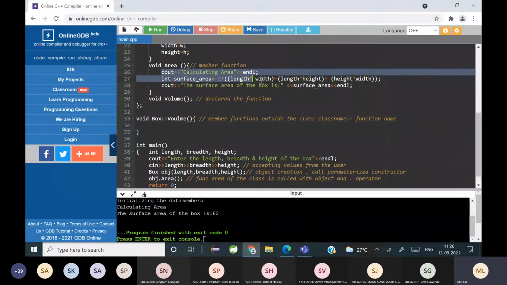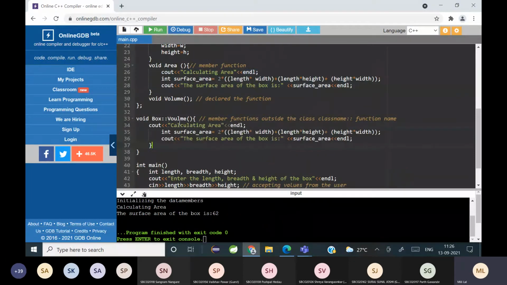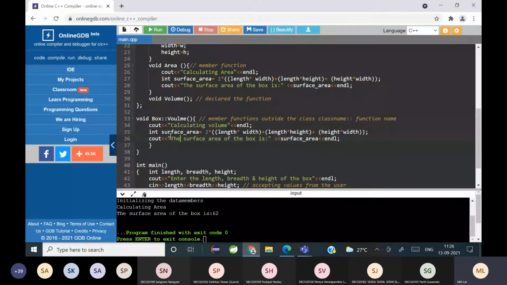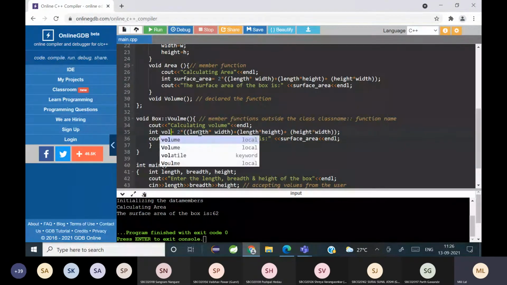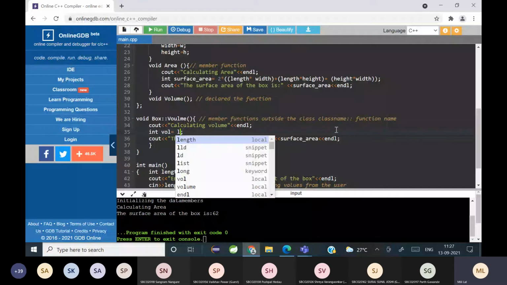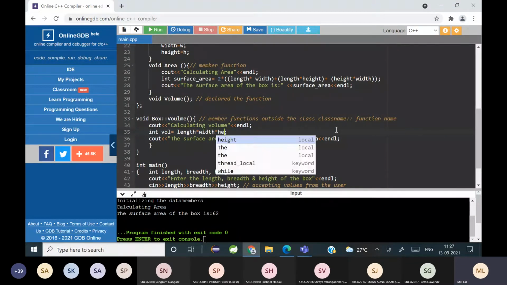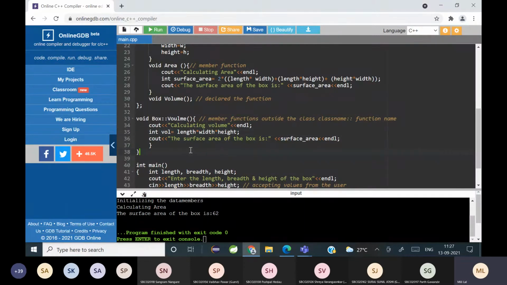Now to write the volume, suppose I write cout calculating the volume, and here I'm writing volume, and suppose it is length into width into height, and I'm just modifying it: volume is.